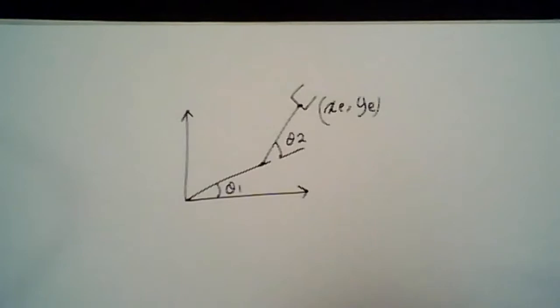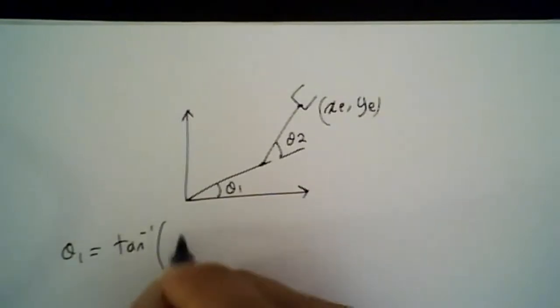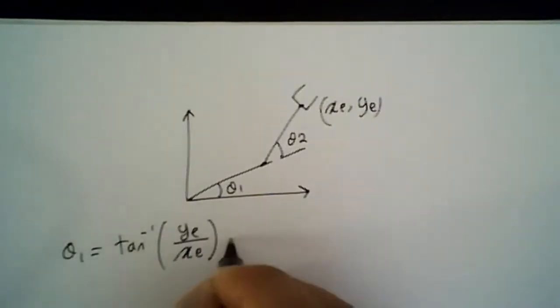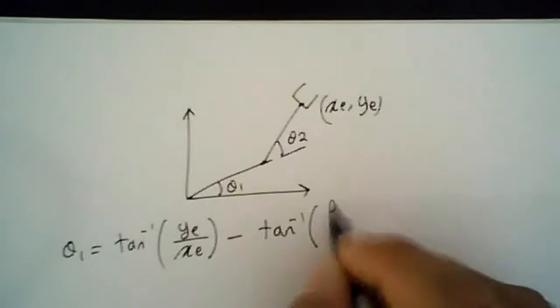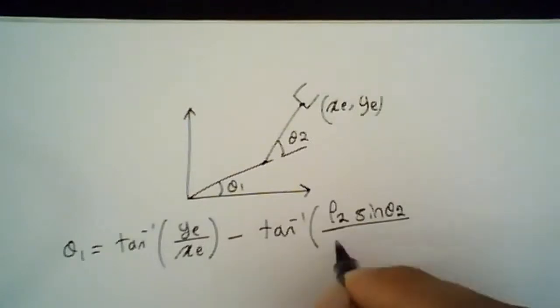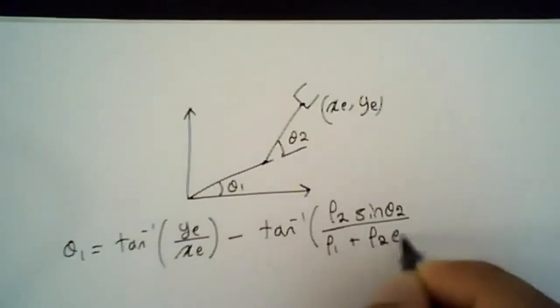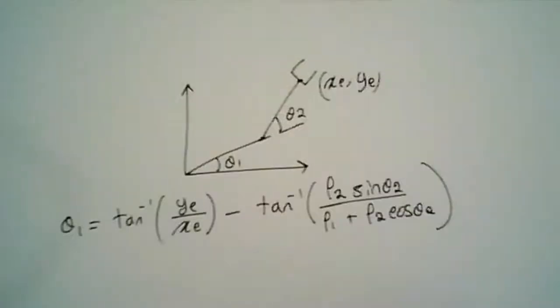And in this example that we had last time, we used inverse kinematics, and what we did is we solved theta 1 as the inverse tangent of ye over xe, minus the inverse tangent of L2 sine theta 2 divided by L1 plus L2 cosine theta 2. And we had solved theta 2 based on the geometry of this, and we said theta 2 was equal to